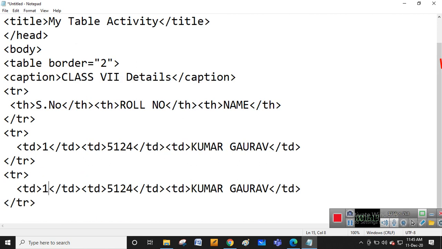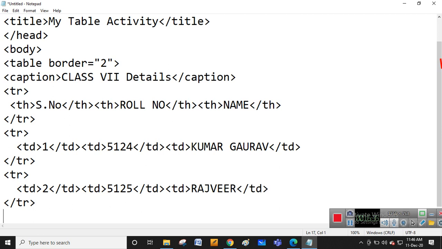So that for the second row, this time entering second, 2, some 5125, राजवीर, ऐसा करके एंट्री किया. So second row एंट्री हो गया.